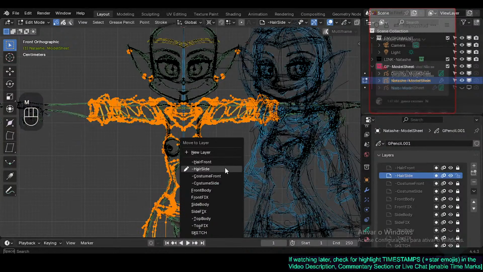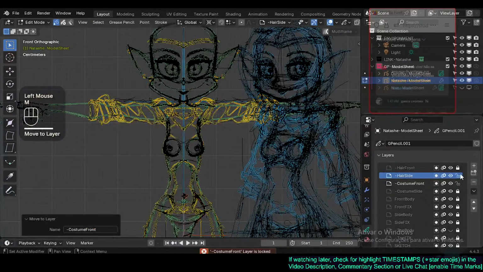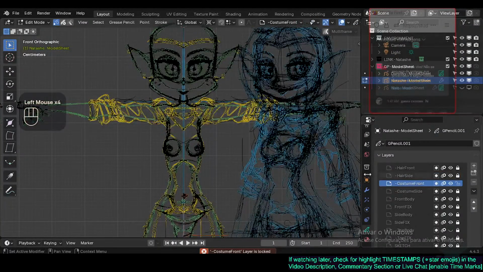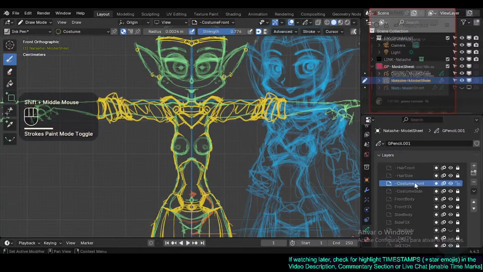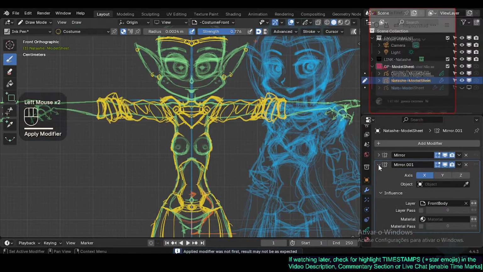Move to costume front. Oh, it's locked, okay. Move to costume front. This could have been much worse, but it was not a big deal. Okay, then costume front, we apply this one. No, apply all keyframes just in case. Let's do just mirror